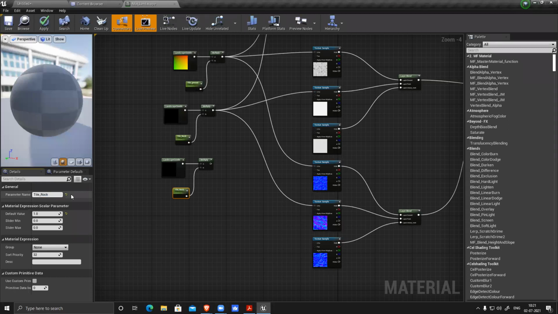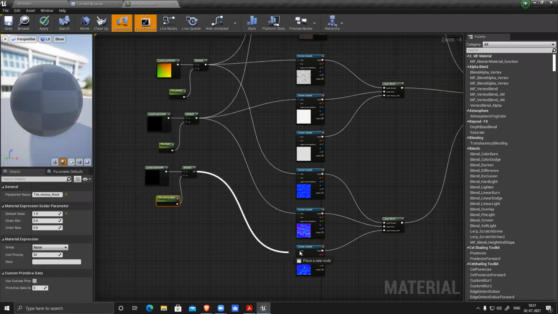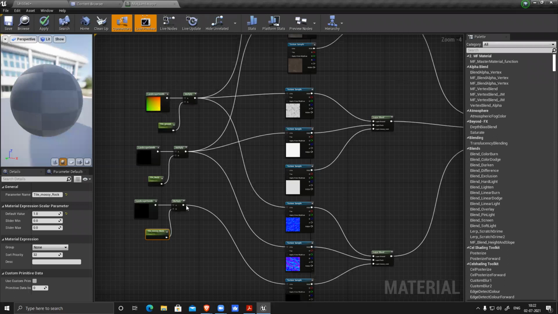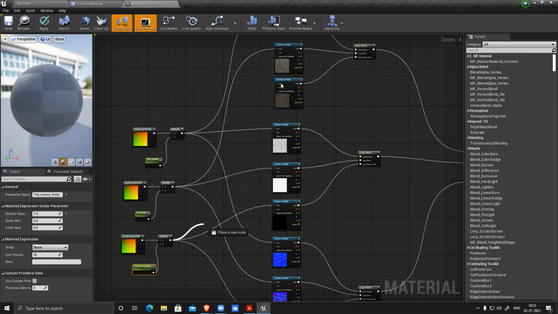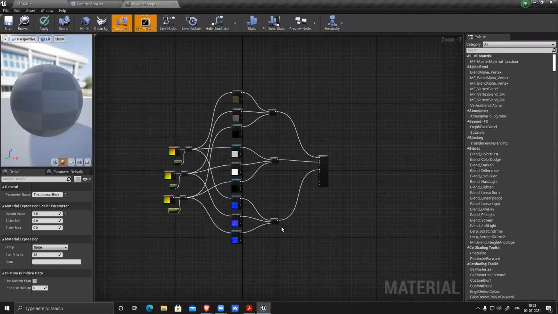For rock it's fine. Mossy underscore rock. Now connect this to all the mossy rock. Everything is connected. Now my basic setup of the material is ready.